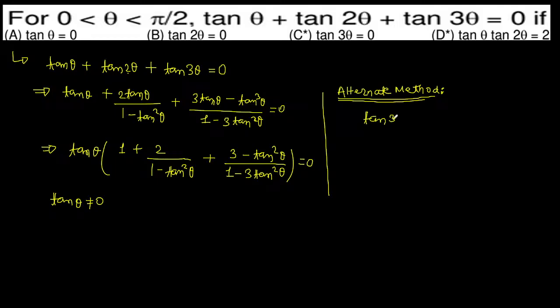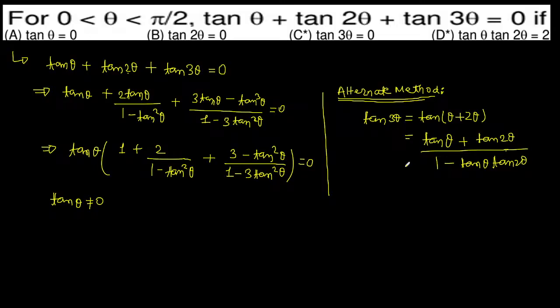अगर टेन थ्री थीटा देखा जाए तो ये टेन थीटा प्लस टू थीटा, ये टेन थीटा प्लस टेन टू थीटा, वन माइनस टेन थीटा टेन टू थीटा है। क्रॉस मल्टीप्लाई करें तो टेन थ्री थीटा इज इक्वल टू टेन थीटा टेन टू थीटा प्लस टेन थीटा टेन टू थीटा टेन थ्री थीटा।